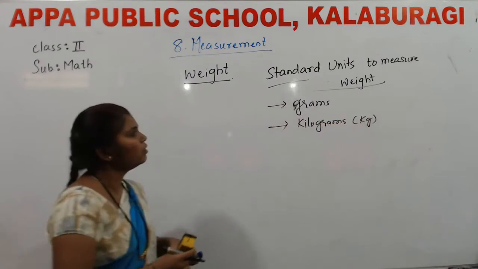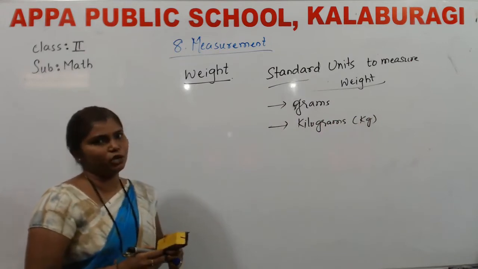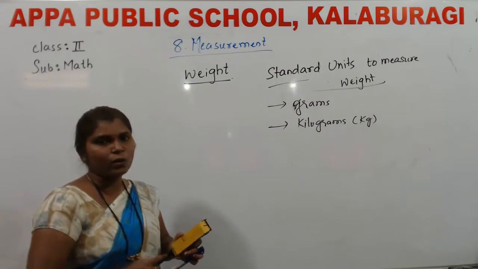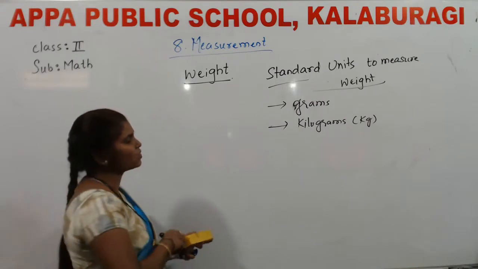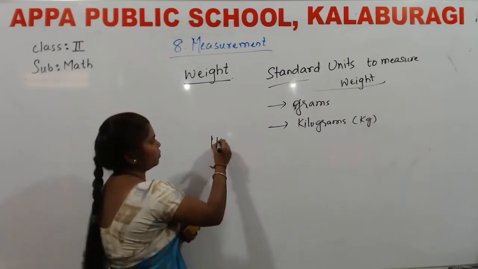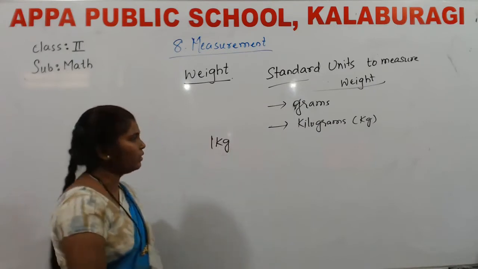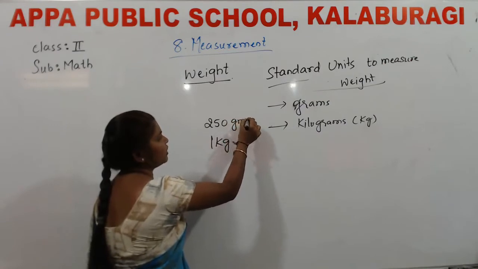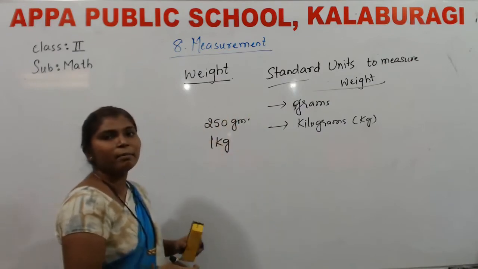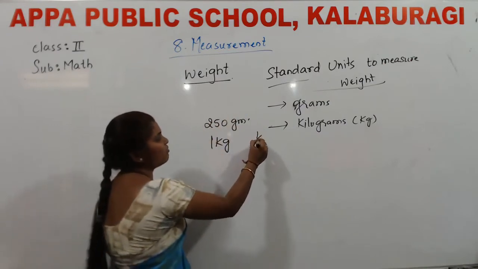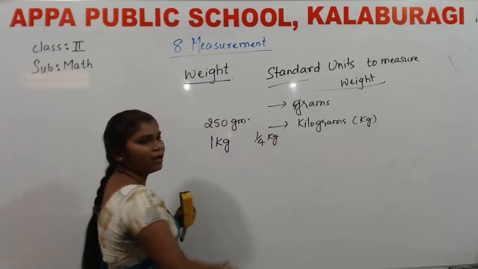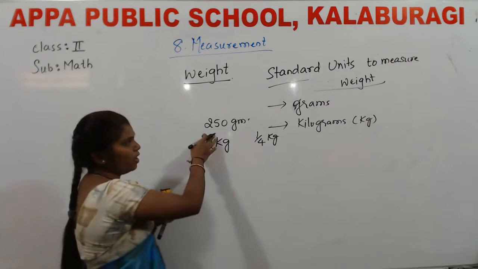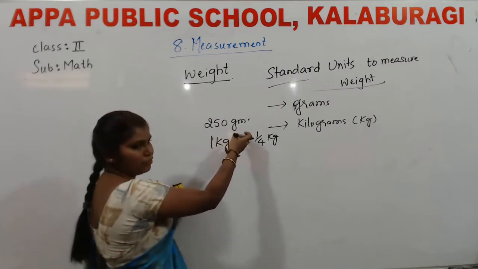Okay. So, whenever you visit a vegetable shop, you ask him to give you one tomato, or you will ask for 1 kg of tomato, or you will ask him for 250 grams. 250 grams is nothing but, what do you say? Per kg. Okay, that is 1/4 kg. So, if you want 1/4 kg, you will ask him for 250 grams.